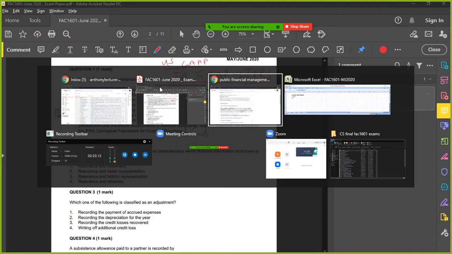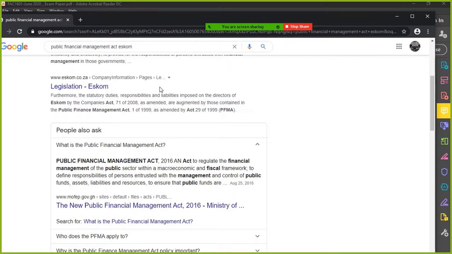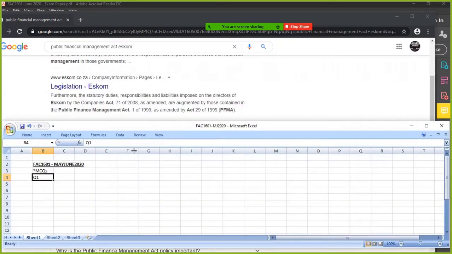Where is it? Here. That's my only reason for going with 2, because public institutions like Eskom, SAA, Transnet, all of them, all of those public financial institutions don't only have to follow IFRS, they also have to adhere to the Public Financial Management Act. So that's my reasoning for going with 2 as being false. It's not the ultimate. Ultimate meaning it's the be-all and end-all. Okay, so I would say option 2 is incorrect